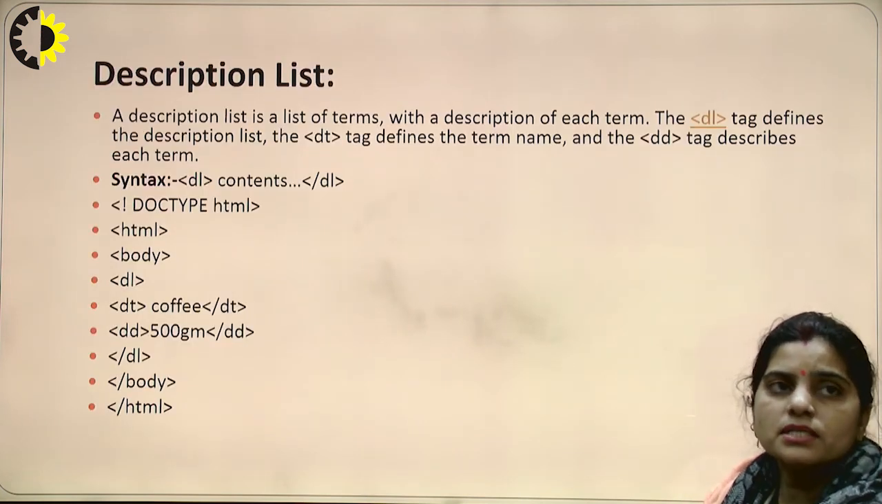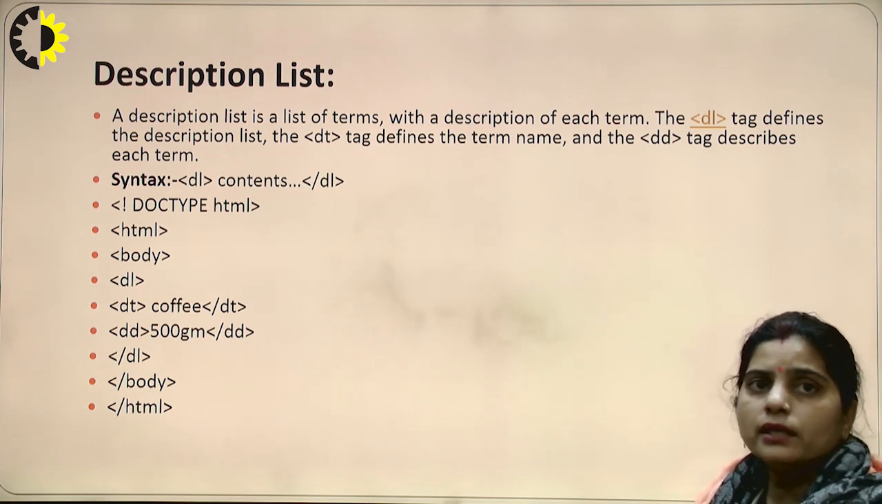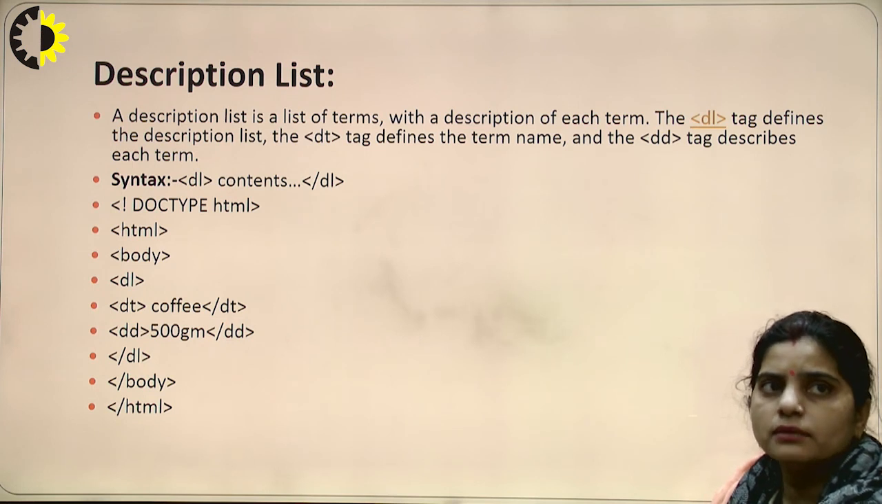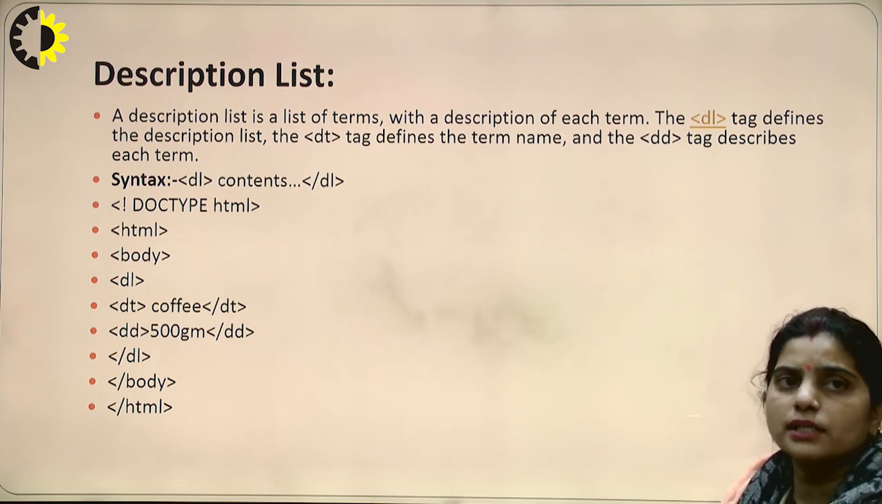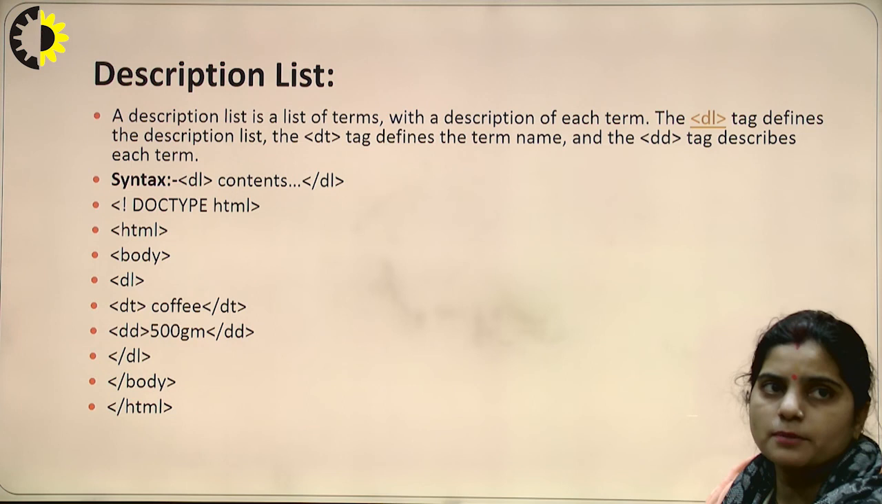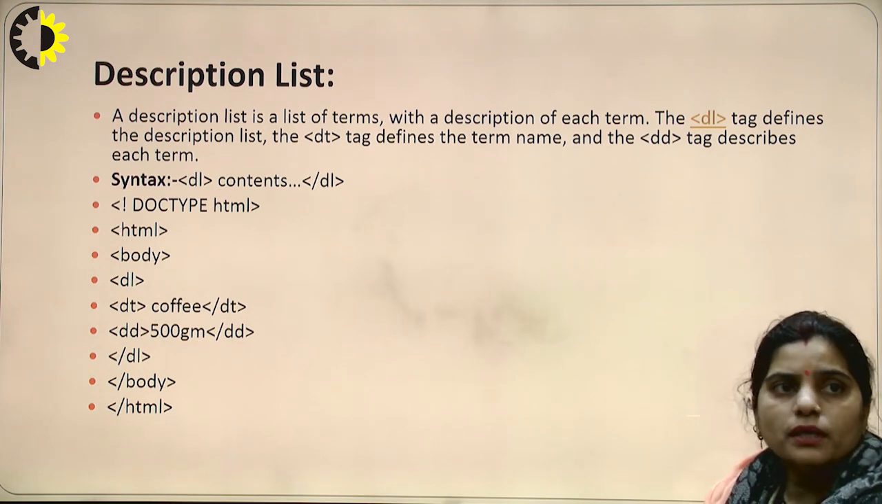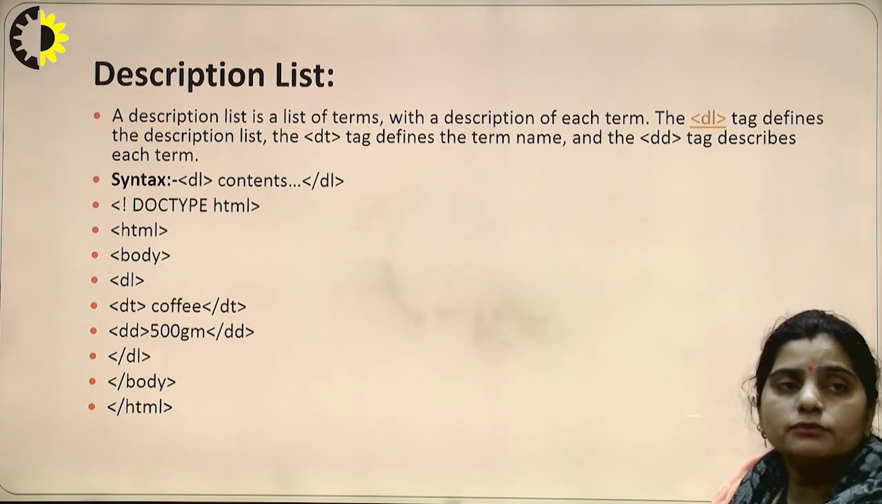The last one is the description list. Basically, this kind of list is a list of terms which also describes each term. Here, the DL tag defines the description list, the DT tag defines the term name, and the DD tag describes each term. So first of all, we use the DL tag,